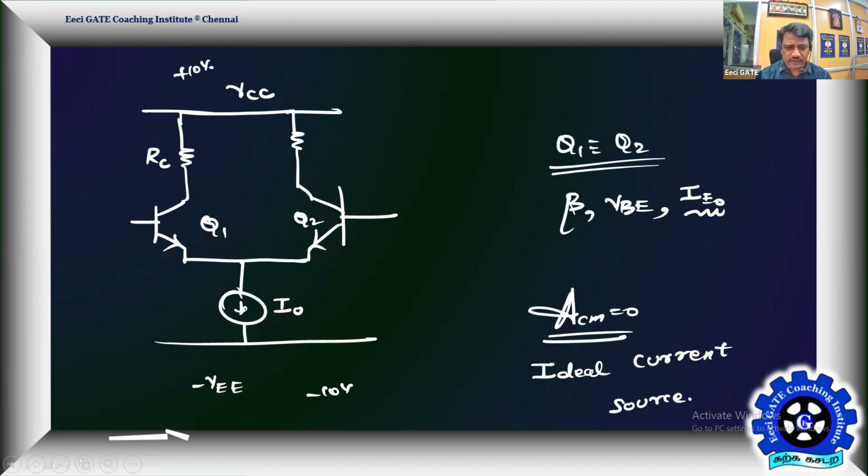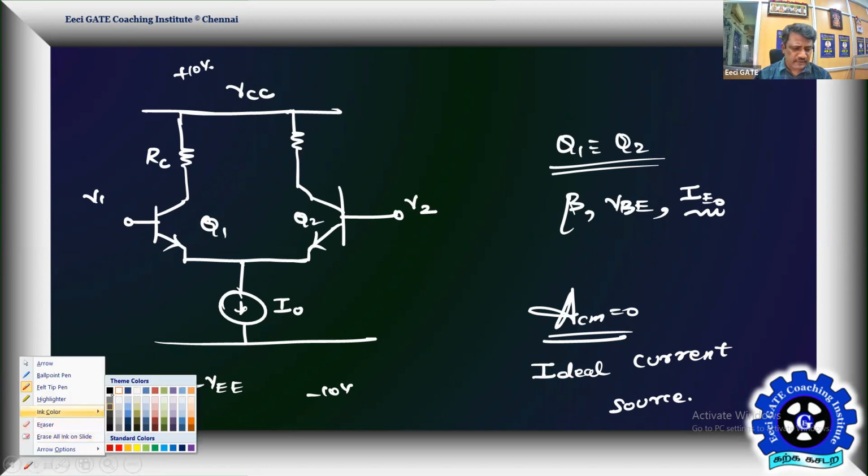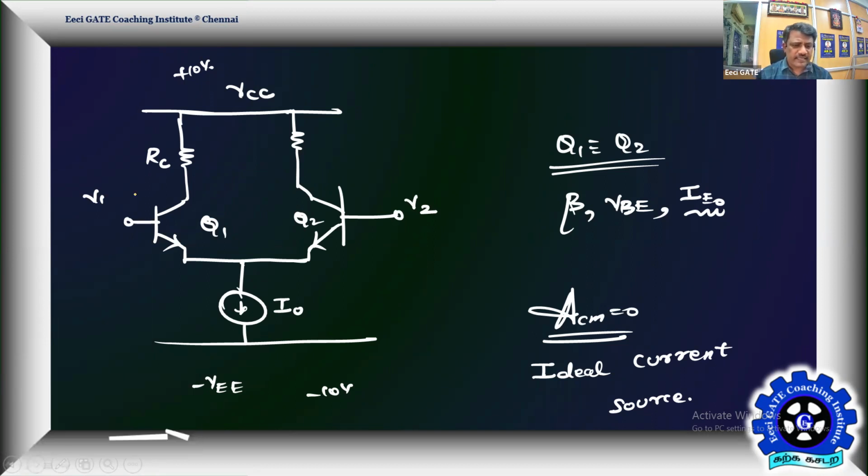So we have input signals V1 and V2 whose difference has to be amplified. You can refer to this as the positive terminal of your difference amplifier, and this is the negative terminal, sometimes called non-inverting and inverting terminals. Then, I forgot to say, this is also RC. Then this is where the output is taken. The whole structure resembles a single output difference amplifier with two inputs, V1 and V2.